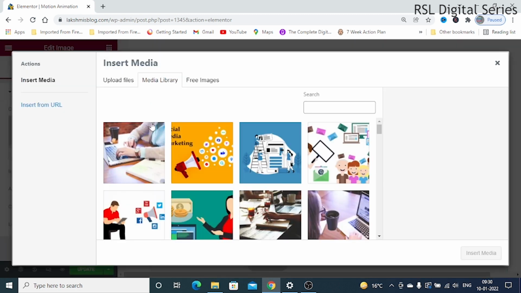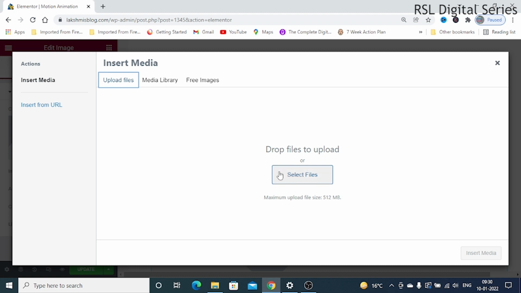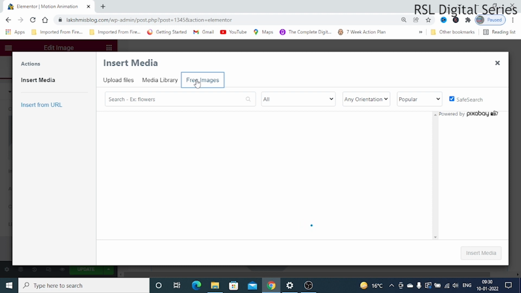Once you have clicked this, if you already have any images in your WordPress website, you can use that, or you can upload it from your laptop or computer. Or a third option is also there: we can download free images which are powered by Pixabay.